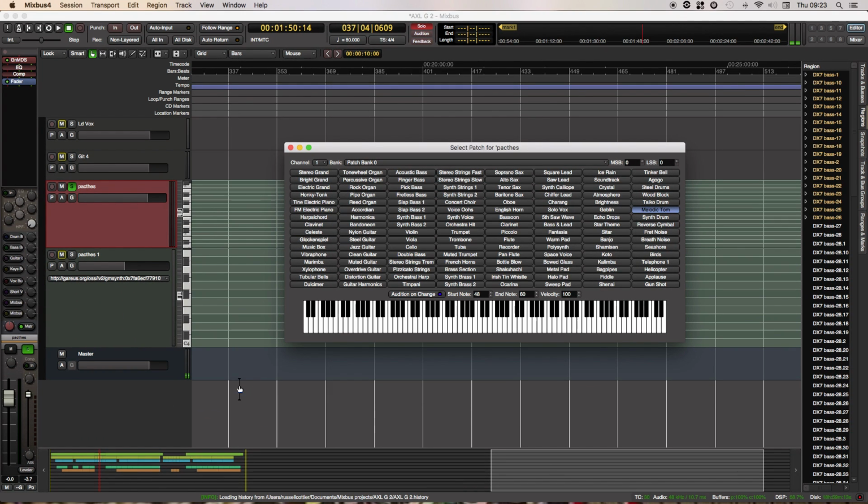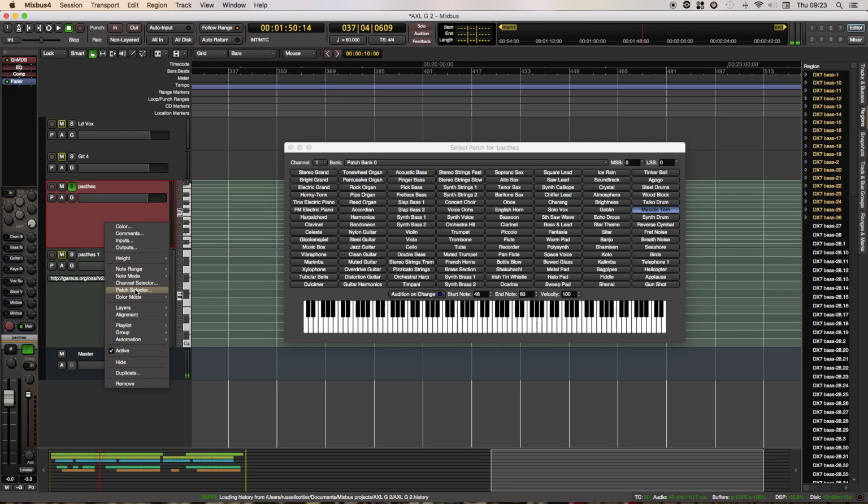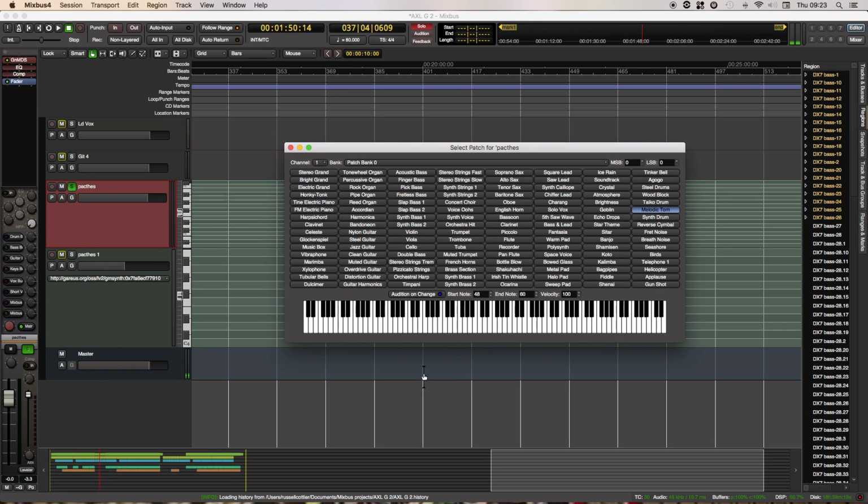Right, okay, so I've created a track with General MIDI synth, and when I right click I can say patch selector and it shows me this window,